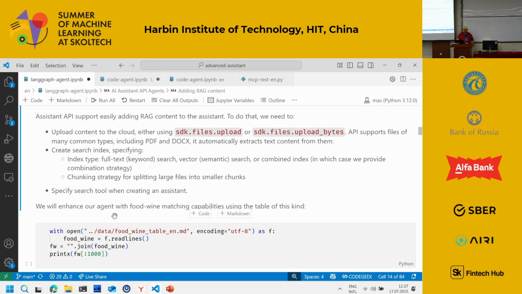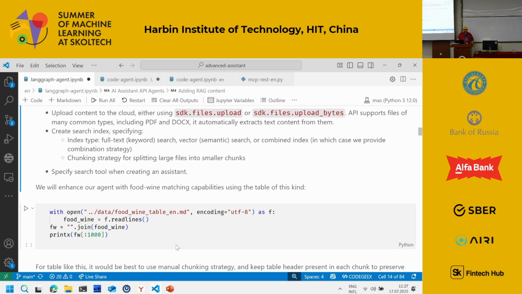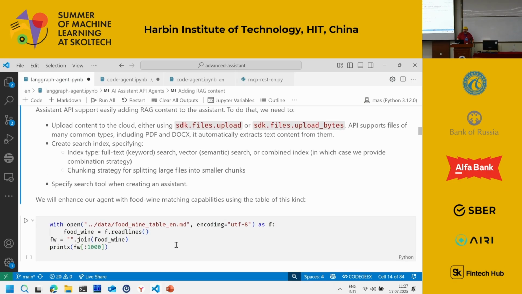For adding retrieval augmented generation, you need some kind of documents. And documents should be pretty much plain text, because that's what LLM works with. In Yandex Cloud, it accepts different types of documents. It accepts Word documents, PDF documents, Excel documents even, I think. So what it does with them, it extracts text from them behind the scenes. So in practice, it's much better if you do it yourself.